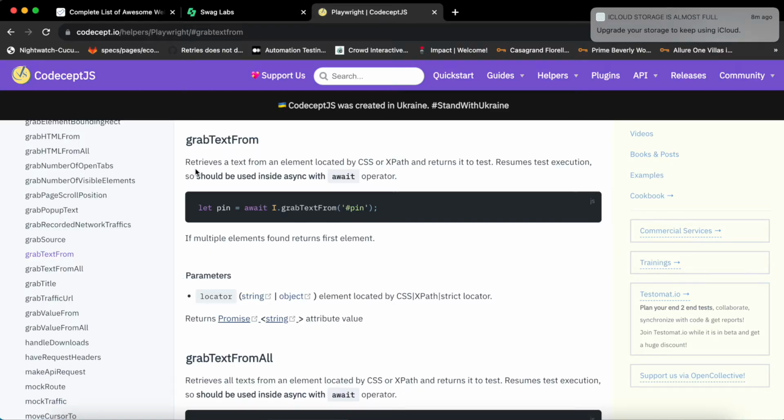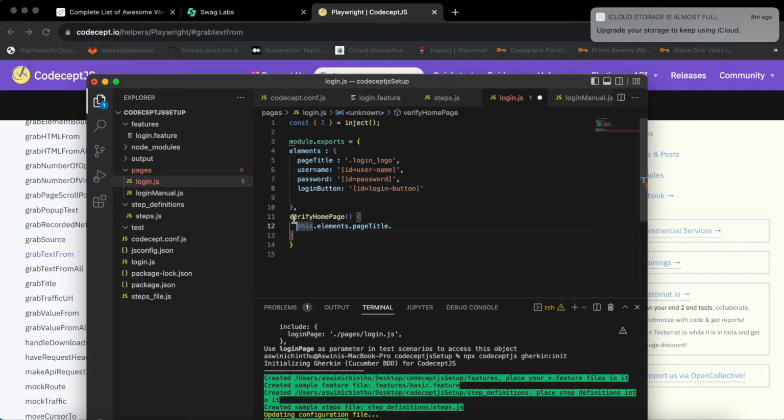So here we are going to use the async await to resolve the promises. They are already mentioning that we need to use await to grab the text from any element on that particular page. To use await, we need to use async. So now what I'm doing is await I dot grab text from,